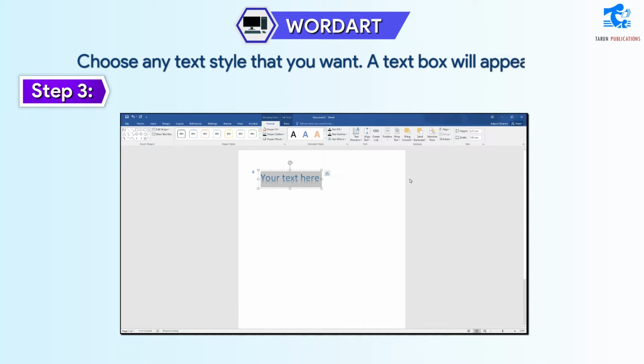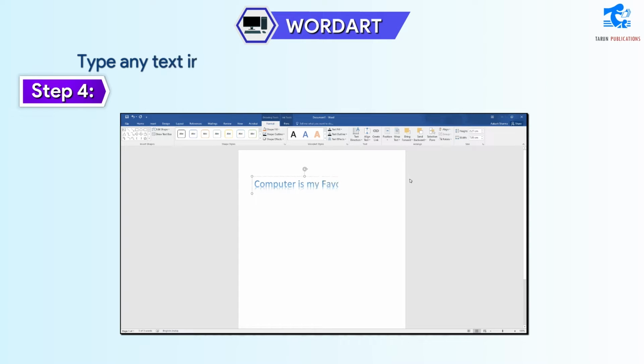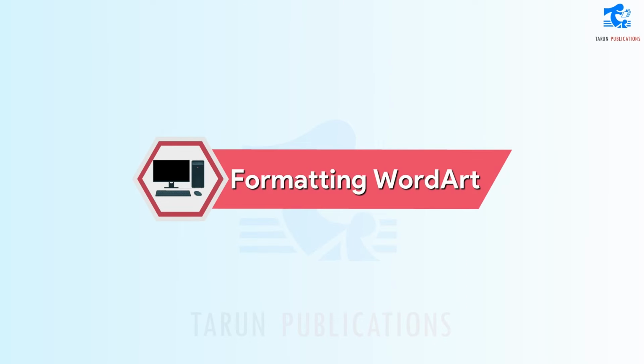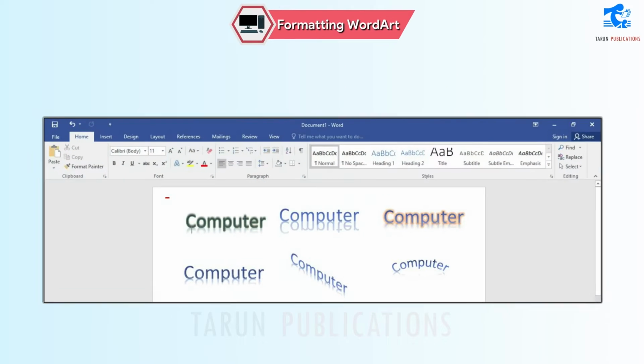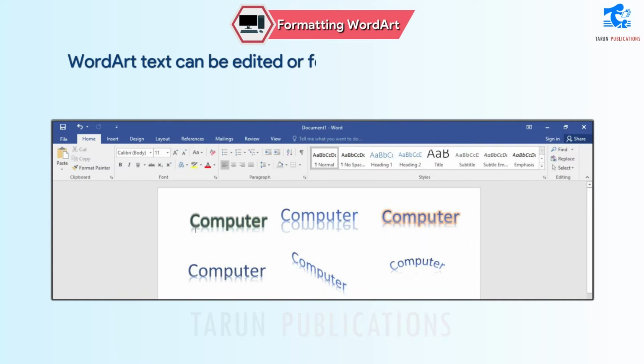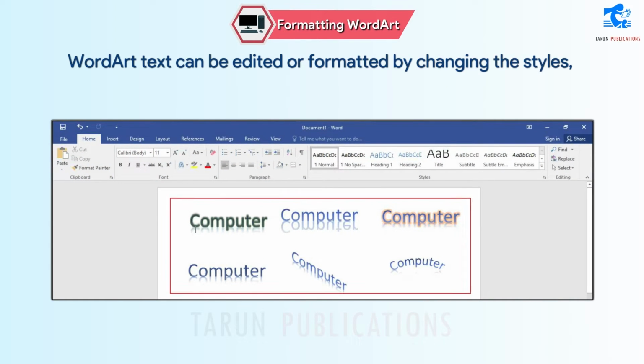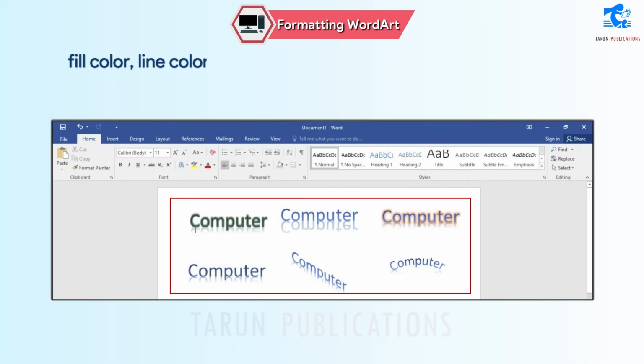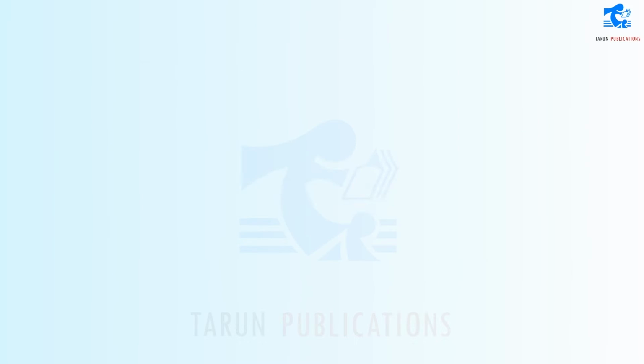A text box will appear. Step 4. Type any text in the text box and just click anywhere outside the box. Formatting word art. Word art text can be edited or formatted by changing the styles, fill color, line color, and other such settings. Here are some examples.